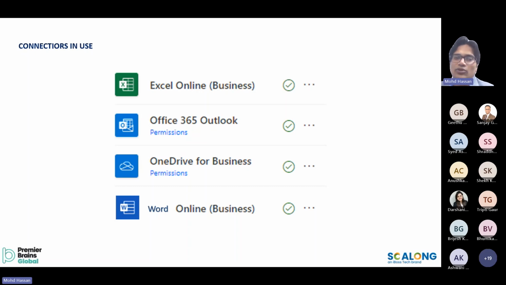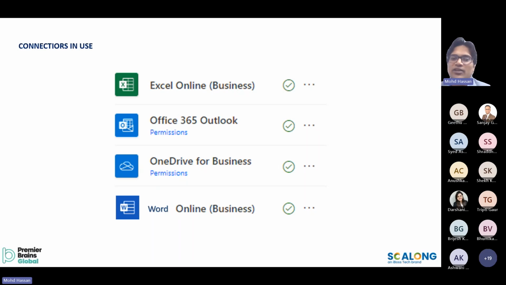Then I have to shoot the email, so I need the connector for Office 365 Outlook. I need to save those invoices, those PDF invoices, at some place. So I need that access, be it SharePoint, Google Drive, OneDrive, so that drive permission. Likewise, I have to build up a format.